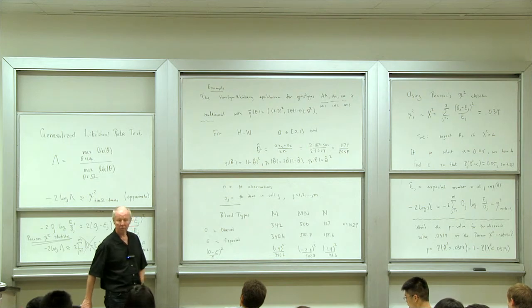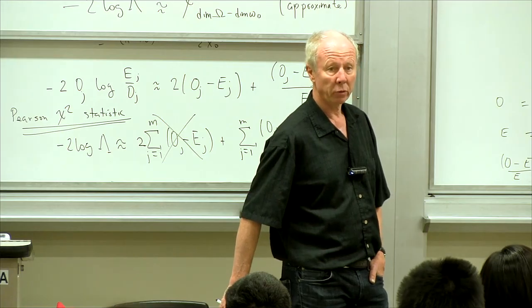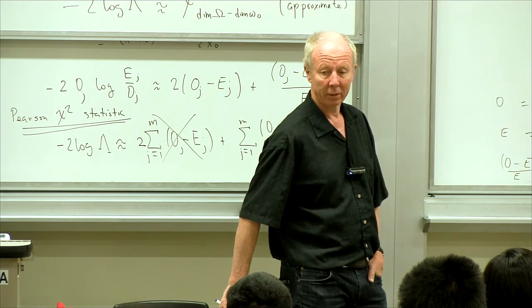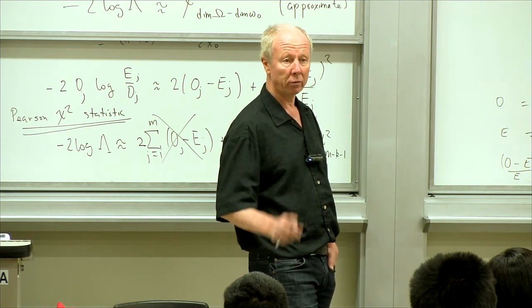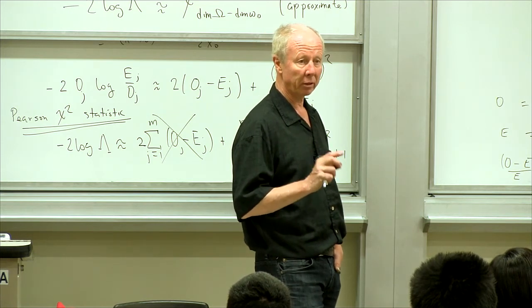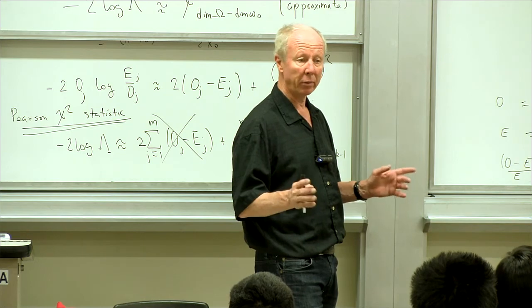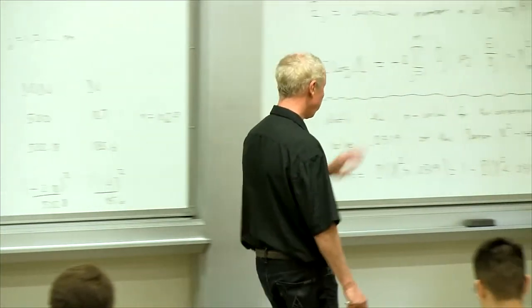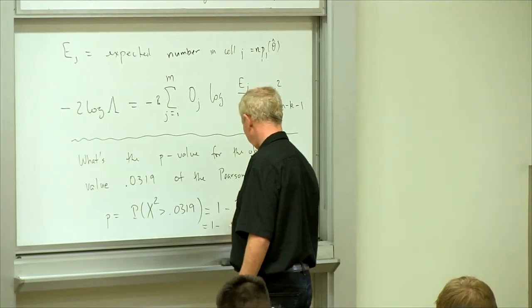question about normals. How could you convert this to a question about a normal random variable? What is a chi-square? Square of a normal. Chi-square with 1 degree of freedom would be the square of just one normal random variable. Chi-squared with 2 degrees of freedom would be the sum of squares of 2 independent normals, etc. So I think we could resolve this by saying this would be 1 minus the probability that